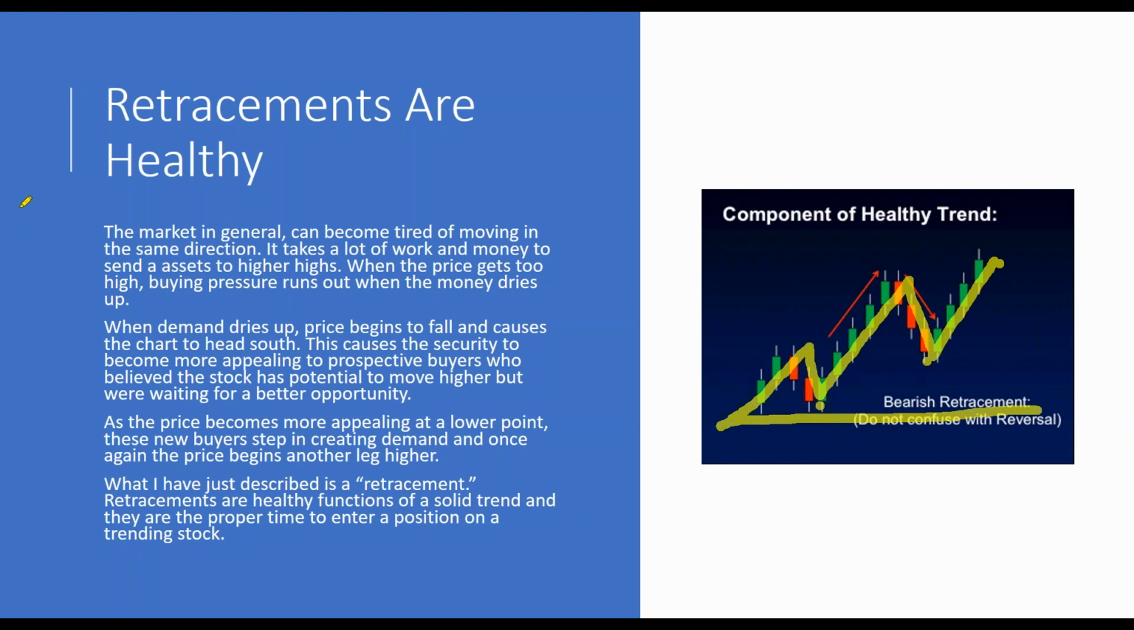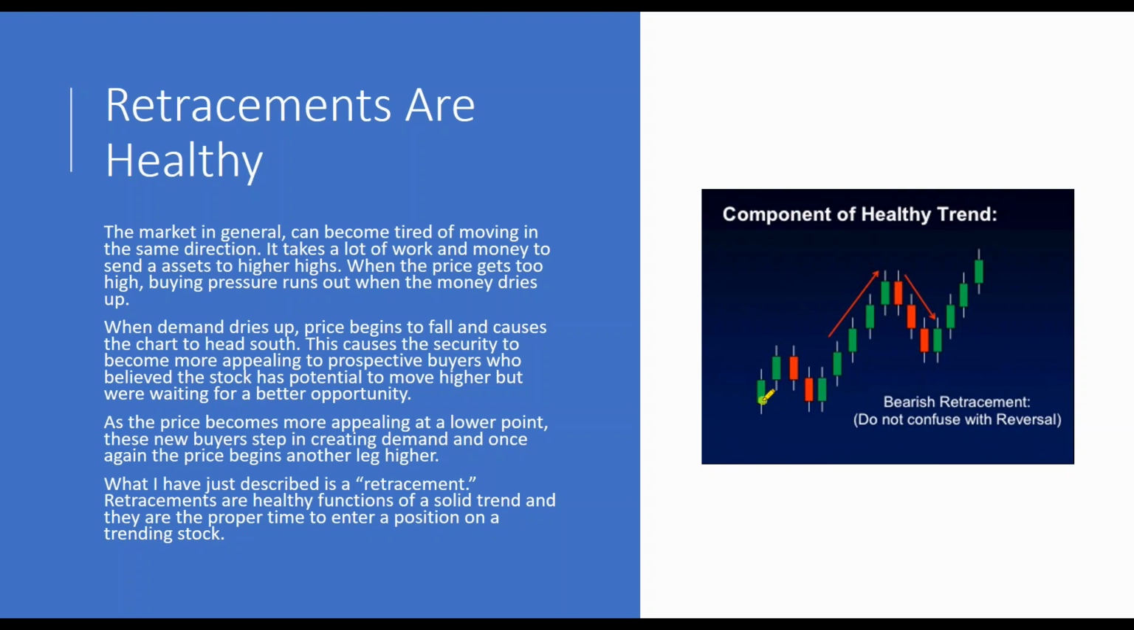The market in general can become tired of moving in the same direction. It takes a lot of work and money to send assets to higher highs. When the price gets too high, buying pressure runs out and the money dries up. When demand dries up, price begins to fall and causes the charts to head south. This causes the security to become more appealing to prospective buyers. So in other words,